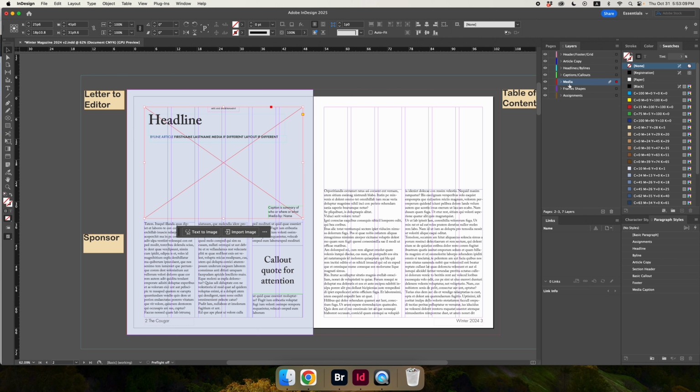And this media tab, or this media layer, is below the headlines and bylines and the captions callout. So headlines, bylines right underneath that, and then caption. All of these sit on top of the media frame, which means that they're visible even if I put a photo in. If I move this media frame above those, that means when I put an image in, whatever I type in this headline or this caption won't be visible,